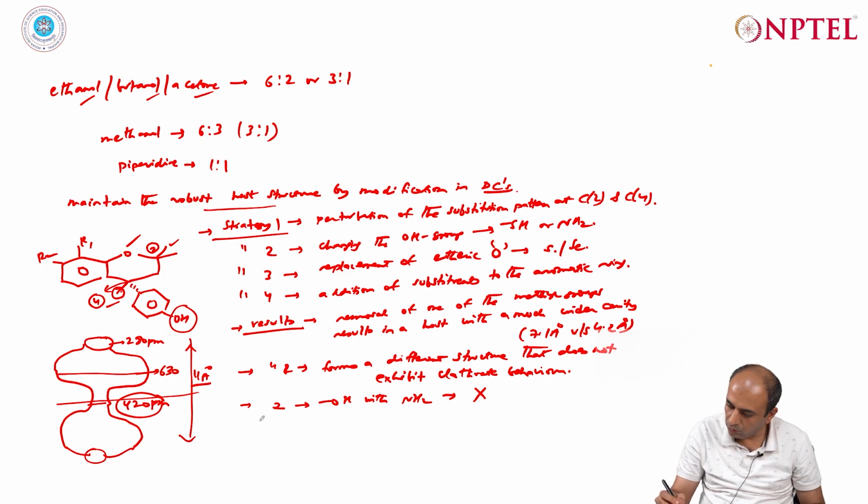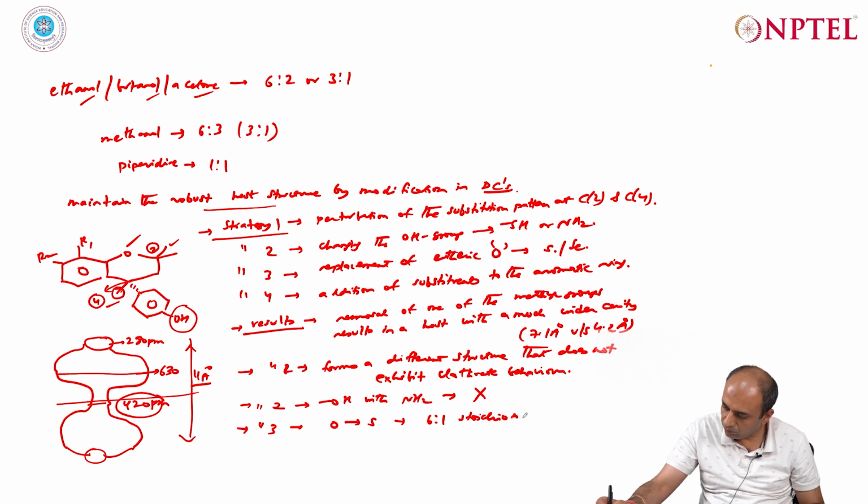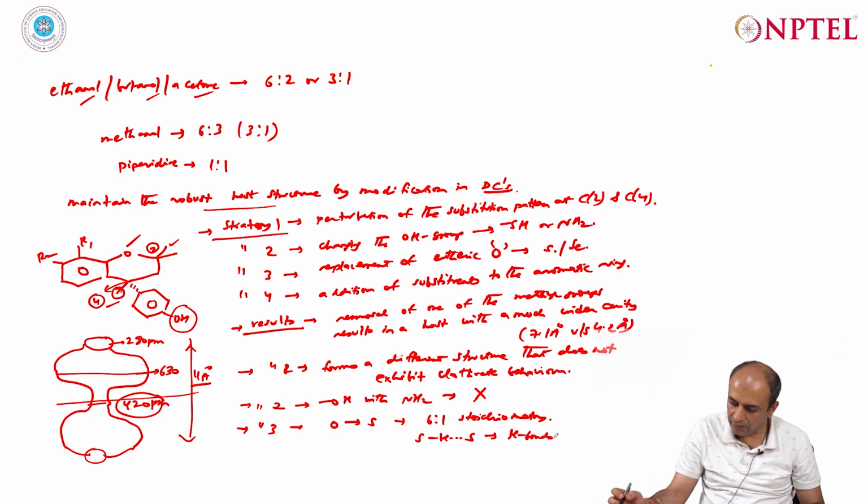And in strategy 3, if you replace oxygen with sulfur, then it still has the clathrate property, and it has 6:1 stoichiometry, and it has a slightly wider cavity because now we have SHS hydrogen bonds. So, the cavity is slightly widened because of the presence of this relatively longer SHS hydrogen bond,